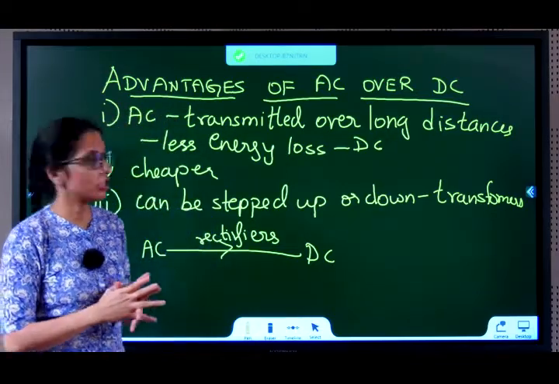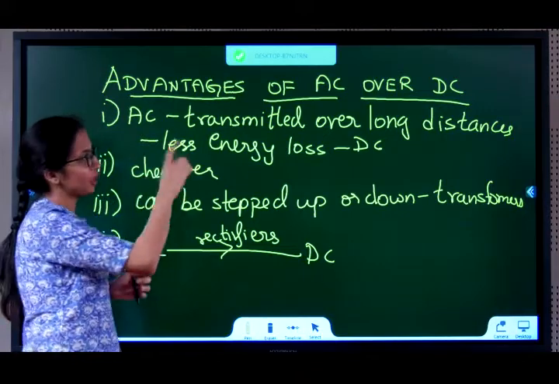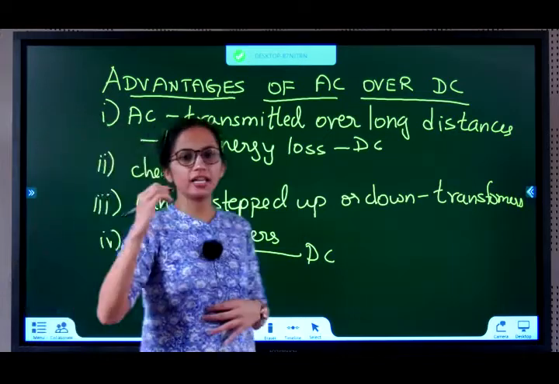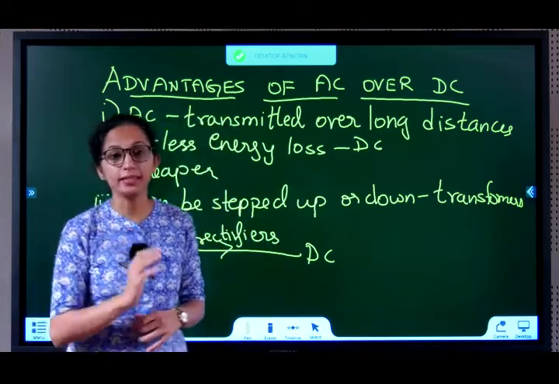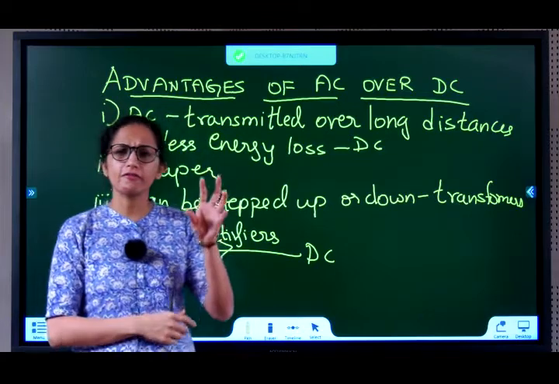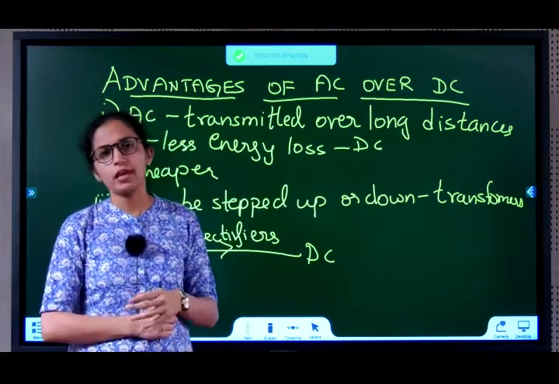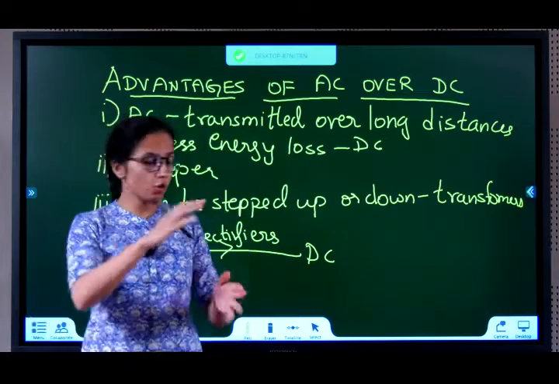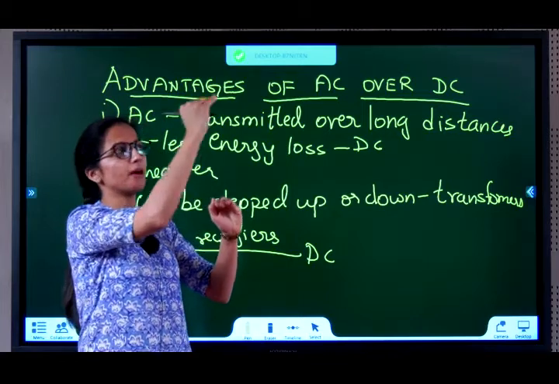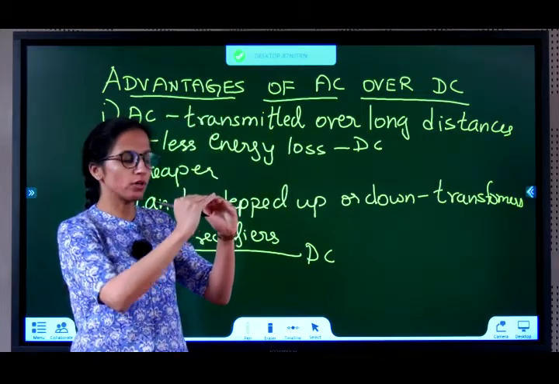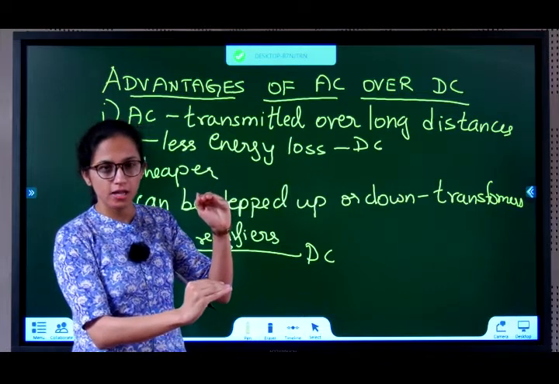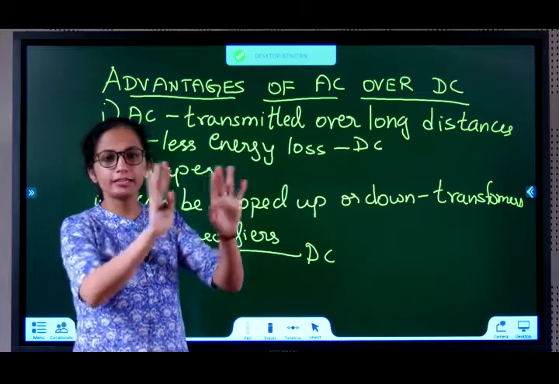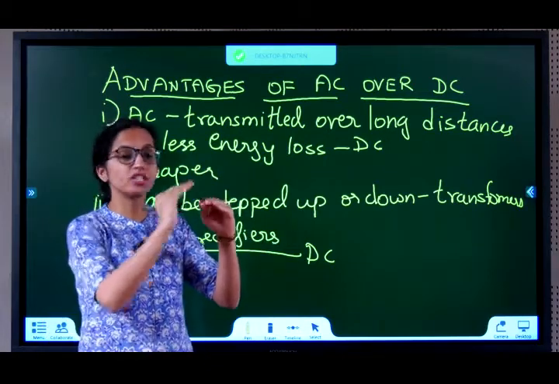In DC, there is more energy loss. Next, it is cheaper to manufacture AC than DC, which is why we prefer AC. The AC voltage coming into our houses is 220 volts in India. For example, your phone charger needs only 5 volts, your TV needs 1000 volts. So 220 volts has to be stepped up to 1000 volts and stepped down to 5 volts. The government does not know what appliances you have in your house and what voltage you need. It's giving everyone 220. You have to either step up or step down.